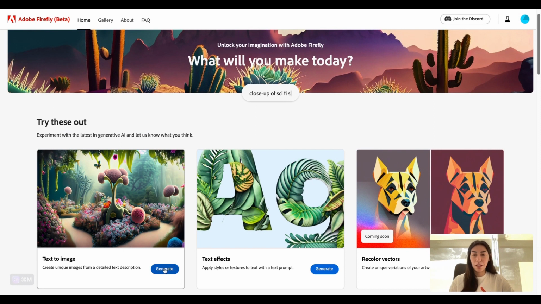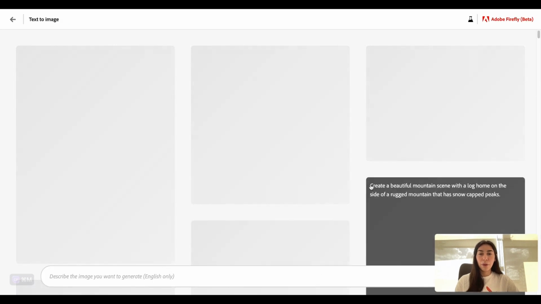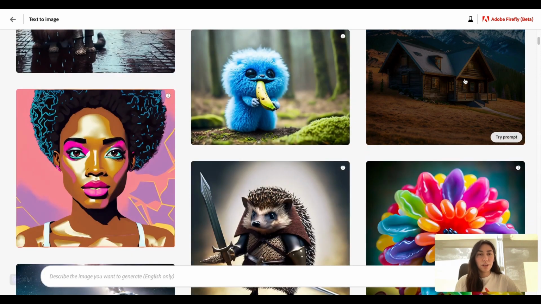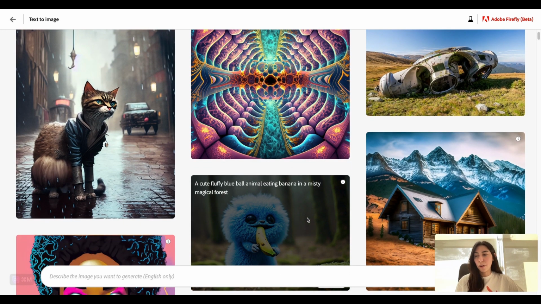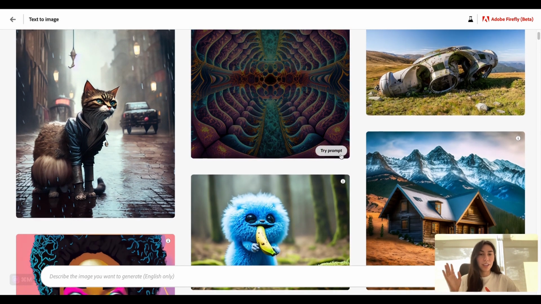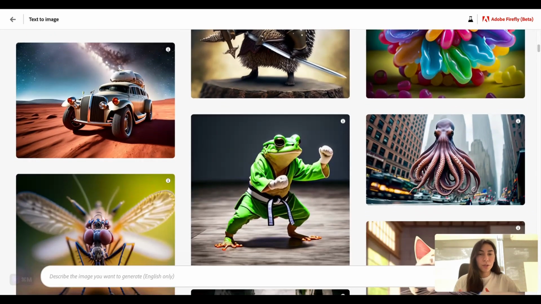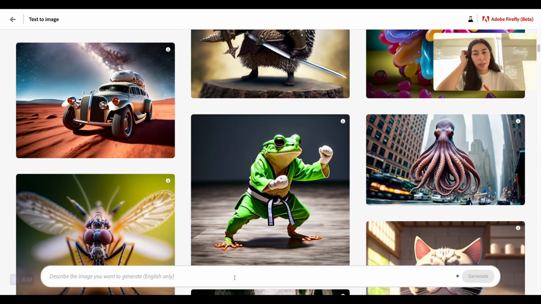Starting with text to image, like I said, I haven't tried this one yet, only the text effects, but let's start with this one. I don't know how to generate prompts here. I'm going to maybe check a couple of images here, like for example, this one, just to see what it is that people create. Because as you guys probably know, if you're interested in AI, each of these tools takes prompts differently. So for example, in Midjourney, it's just a bunch of keywords, at least with Midjourney version 4. So I'm really curious to see how Adobe understands prompts. So let's do something really simple, like